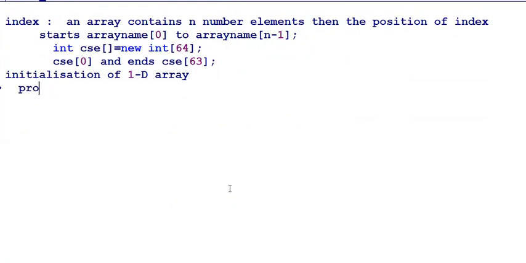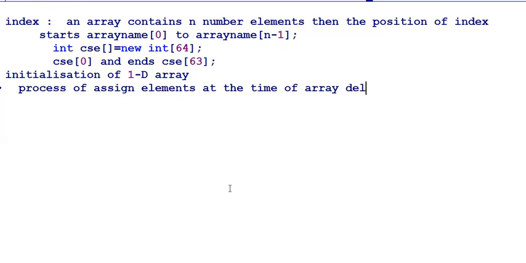So assigning elements at the time of array declaration is called initialization of an array.